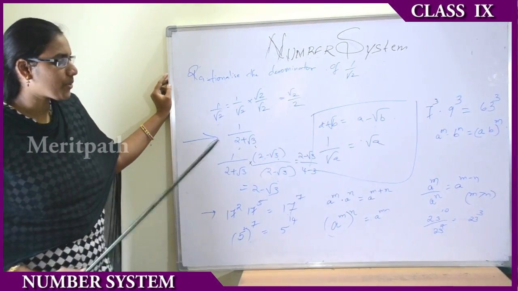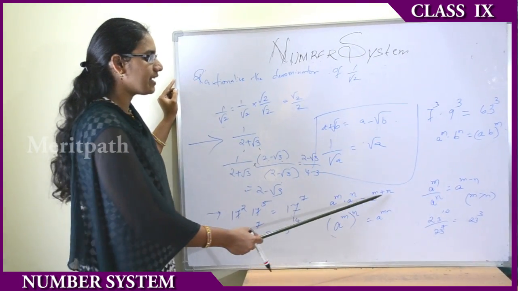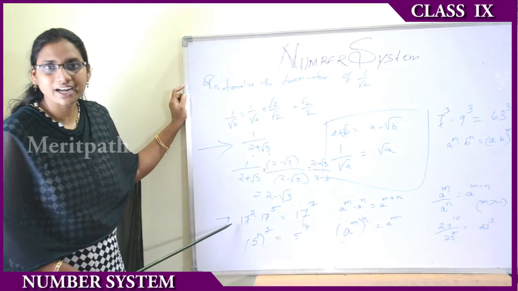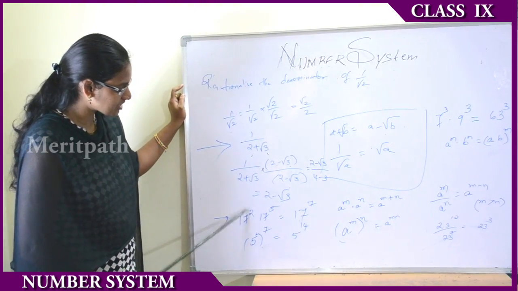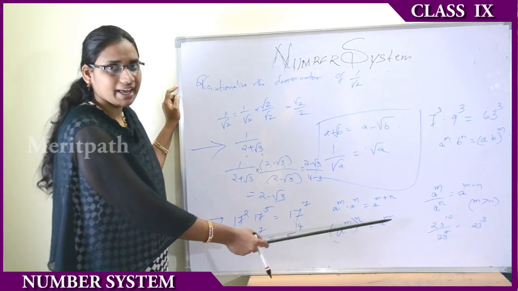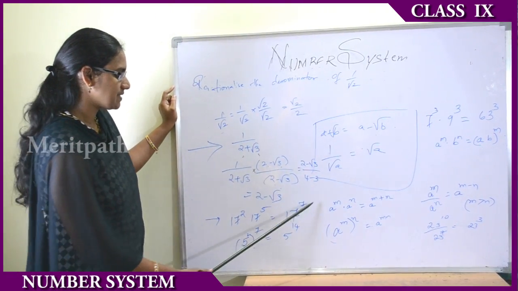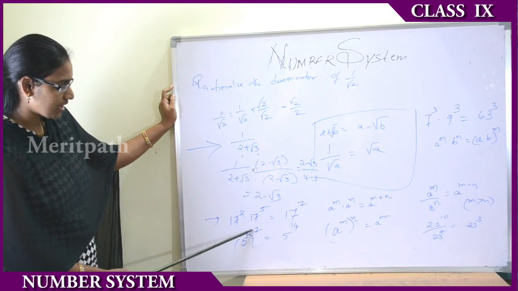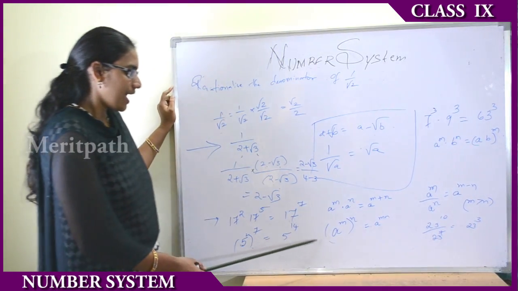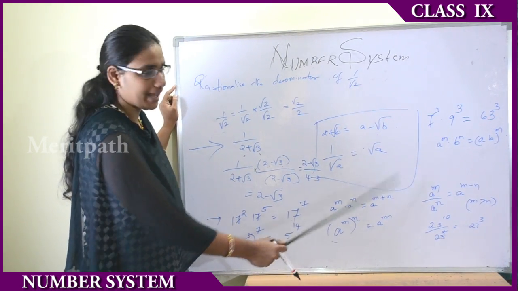Now, let us see some more properties, that is a power m into a power n equals a power m plus n. With an example, we will discuss it more clearly: 17 square into 17 power 5 will give us, according to the formula, m plus n, 2 plus 5, that is 7, so 17 power 7. Now, 5 square whole power 7 is 5 power 14, according to the formula a power m whole power n, which leads to a power mn.